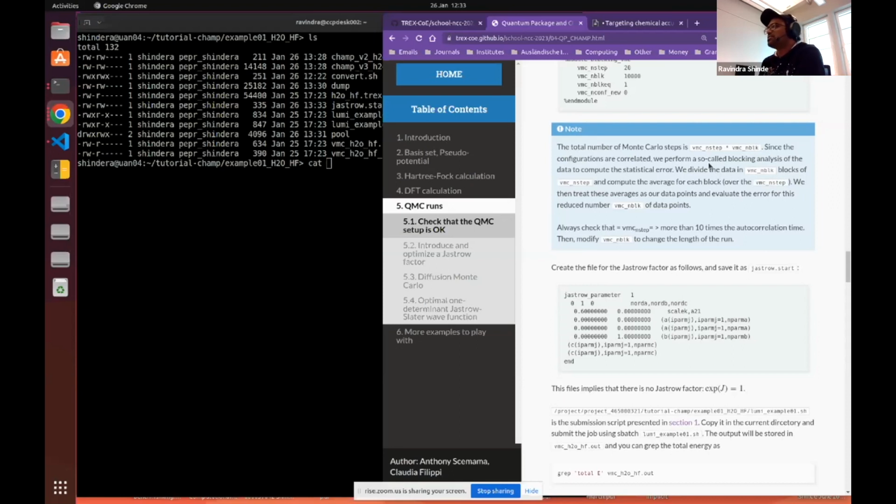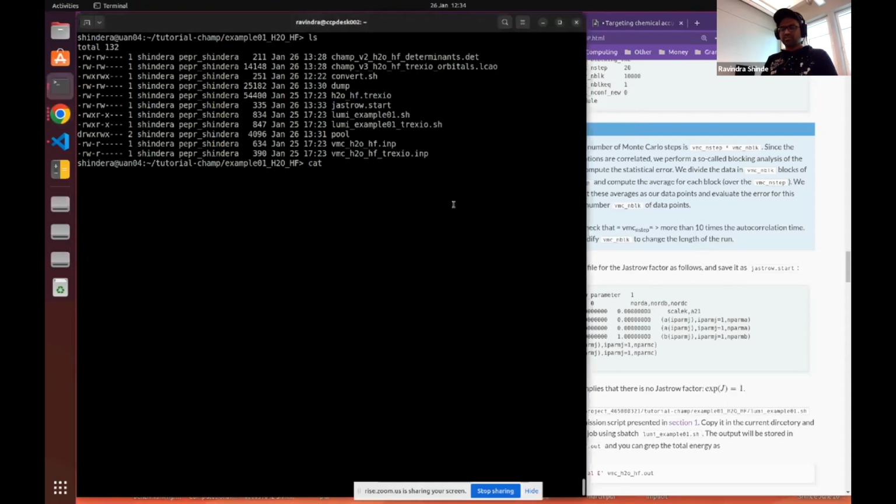You can go, let's say, n number of steps. That is VMC n step, and the total simulation will be n step times number of blocks. But make sure that VMC n step is at least 10 times more than the correlation time, which you will see in the output file of this calculation.